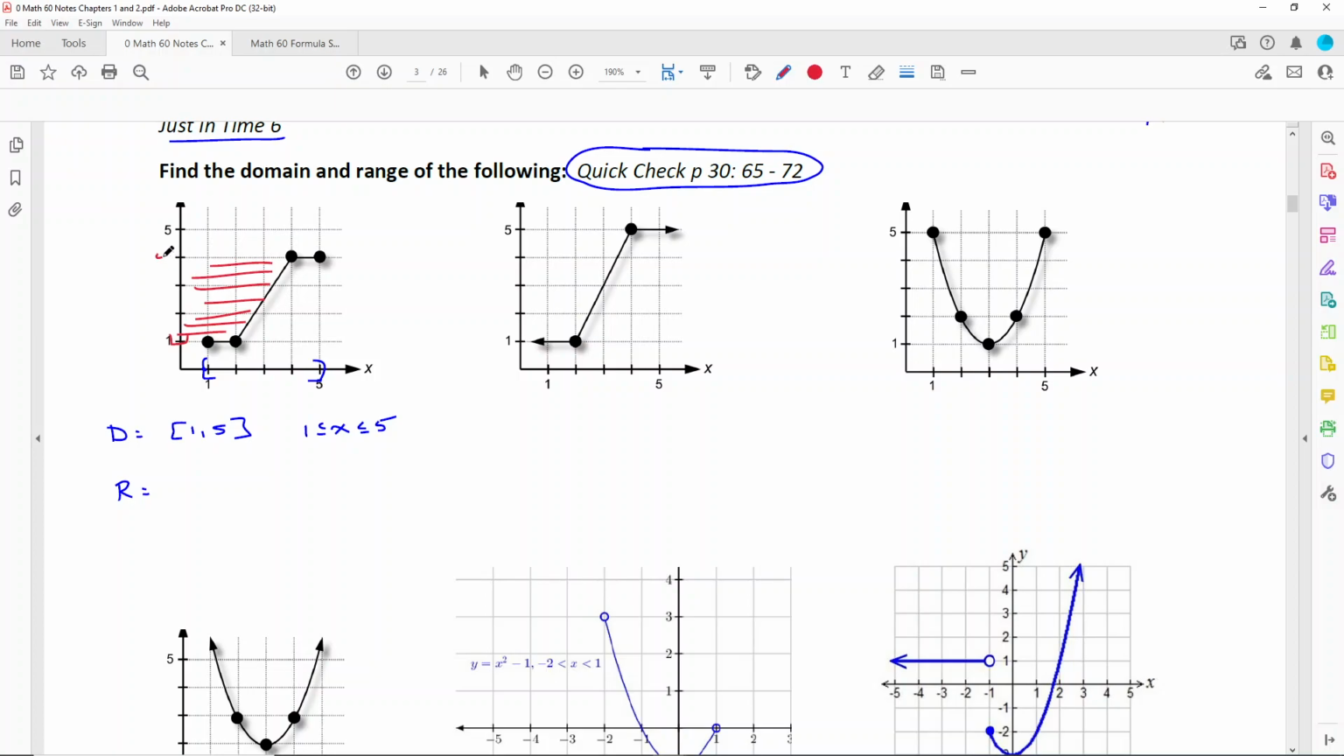So your range is going to be anything between 1 and 4 in interval notation, or anything between 1 and 4 in set notation. Okay,